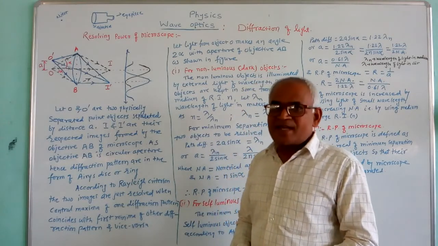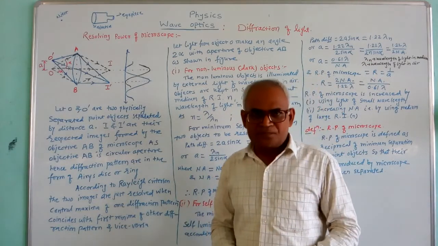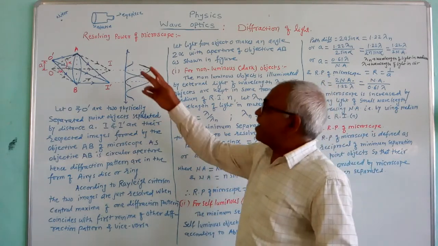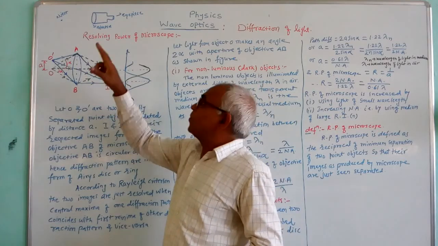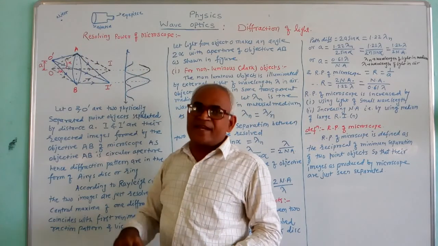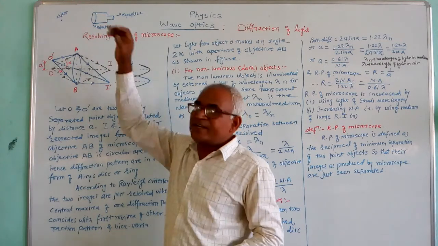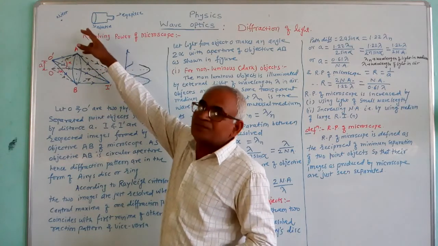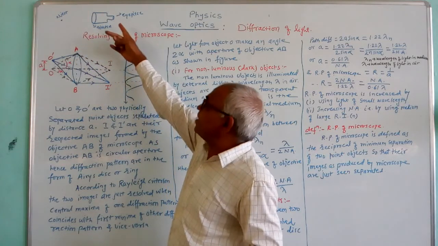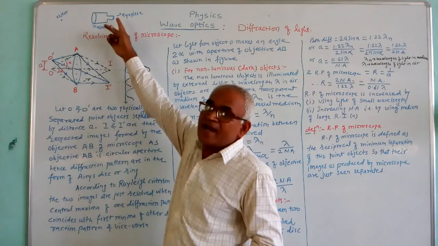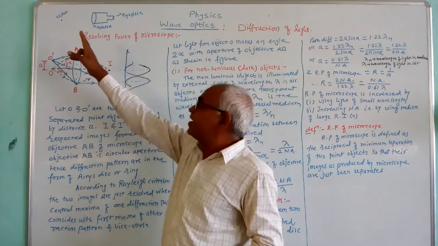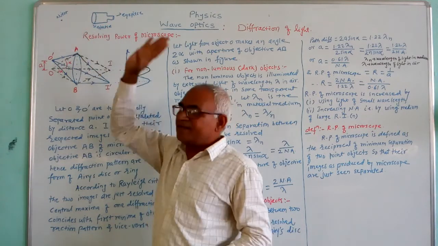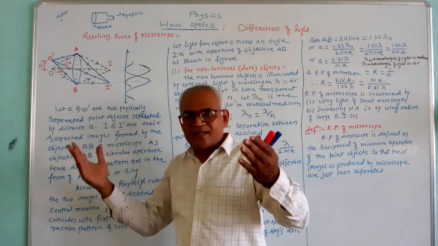Generally used optical instruments are the telescope or microscope. In these optical instruments, there are two lenses. One lens is kept toward the object, and that lens we call the objective. The image formed by the objective is seen through the other lens, which is toward the eye, hence it is known as the eyepiece. Now here, this objective forms the image of the object in the form of a diffraction pattern.